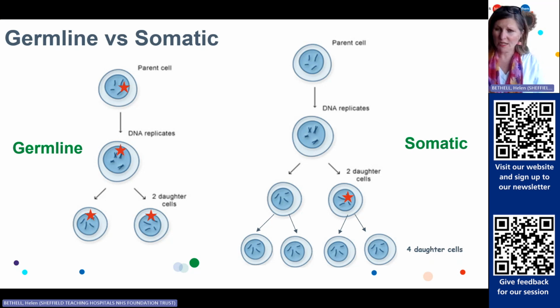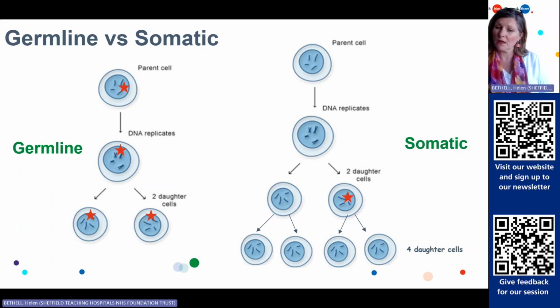Alternatively, we've got what might be called somatic variants. On the right-hand side of the screen, we've got the parent cell, which replicates and creates two daughter cells, just like it did on the left. But the variant that has occurred in somatic inheritance is actually occurring in the daughter cell. So you can see where the star is on the right-hand side of the screen, that we've actually got two cells here, one that doesn't have the variant. I don't know if you can see my mouse moving, but we've got one cell here on the left-hand side of the somatic diagram where it doesn't have a red star, so that doesn't have a variant,